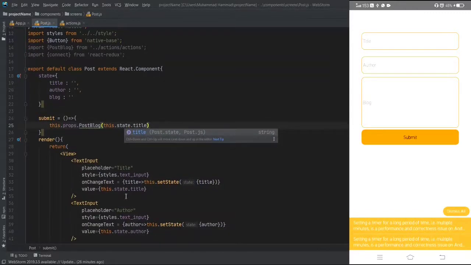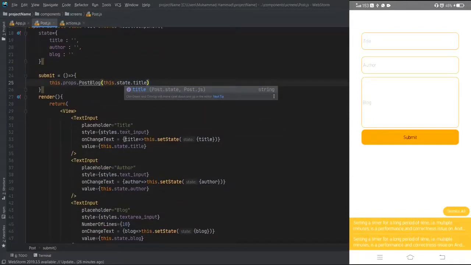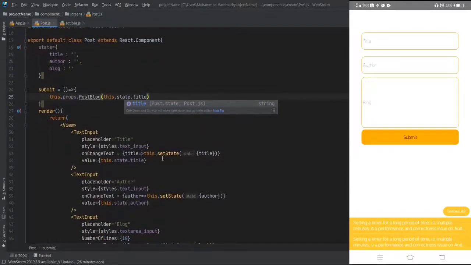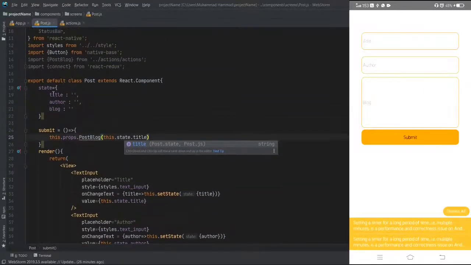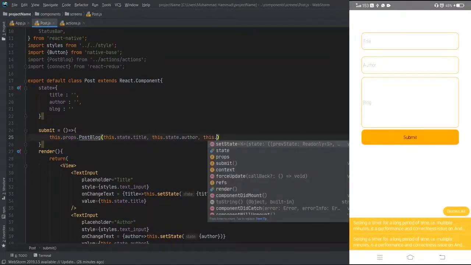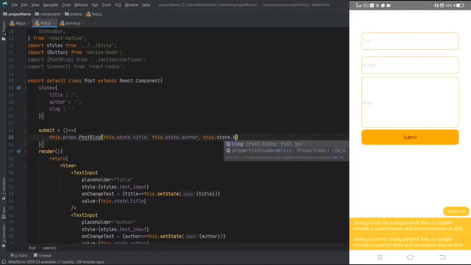Now what we are doing is we are simply taking the user input, and after taking the input we are setting it with setState. We are setting the user input to this state, and inside this post blog function we are accessing this title, author and blog. Okay, this.state.author and this.state.blog.